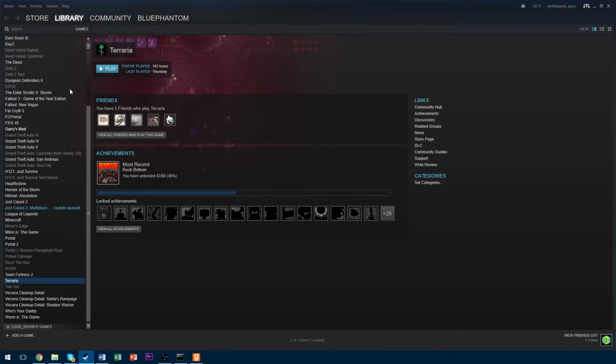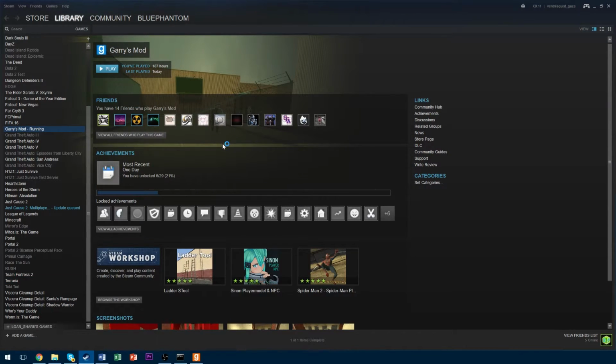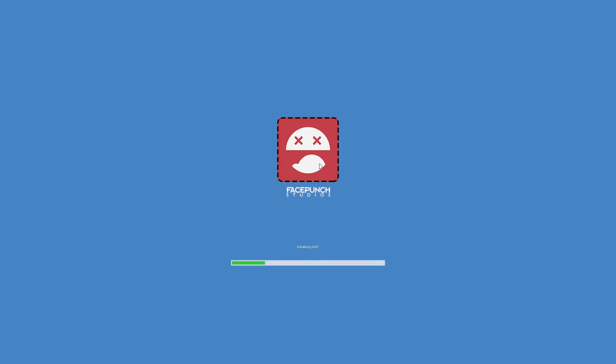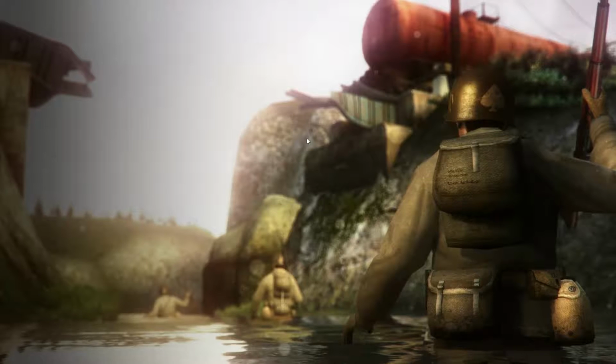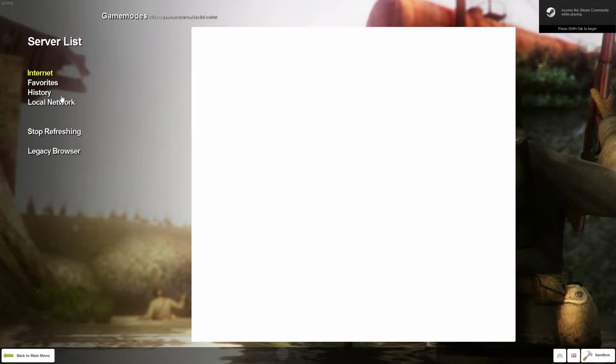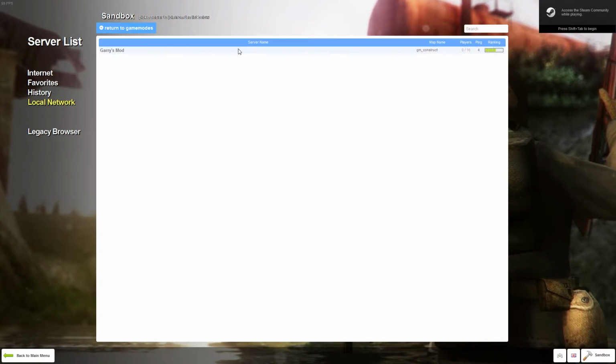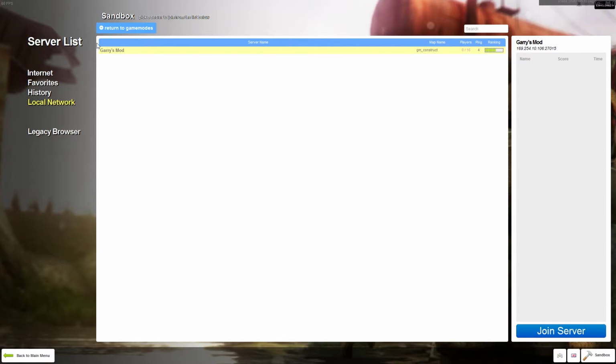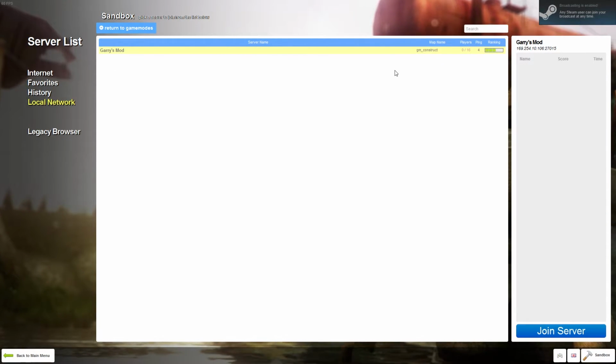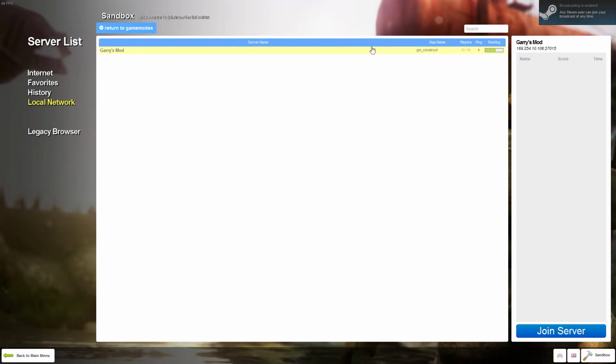So if we just go to our Garry's mod. Alright, it'll start loading up, and we're just going to head into our multiplayer. And the only people who's going to be able to actually see the server is us, because it's our server. So if we head to multiplayer game, we head to local network, sandbox, and you see our server's there. Alright, it's all there. And that's it. So if you launch that now,